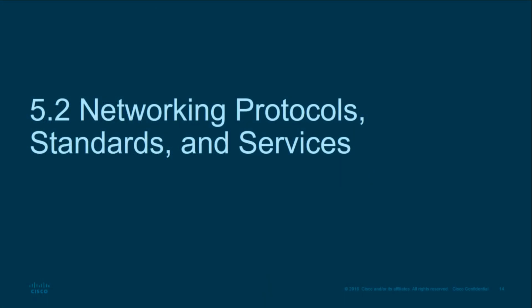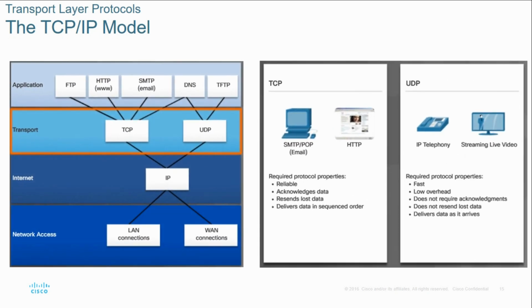We will now move to 5.2, Network Protocols, Standards, and Services. The TCP/IP model is a standard protocol used for data transmission over a network. TCP, which is the Transmission Control Protocol, is under the transport layer of the model and is responsible for ensuring that the data could reach the destination reliably and in order. IP is the Internet Protocol, which is responsible for the addressing in order that the data could be routed to